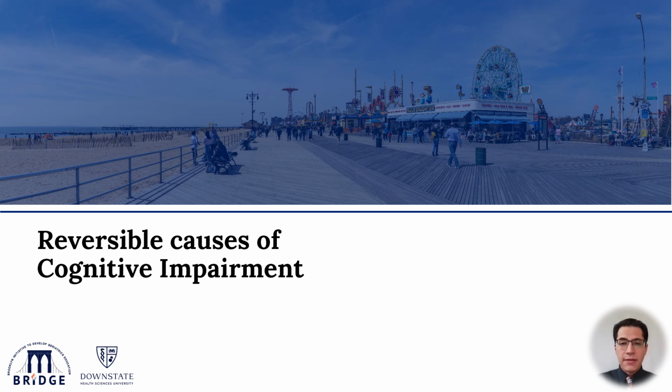And I can't stress enough how important excluding these causes is, because I've seen in clinical practice multiple older adults who present with cognitive impairment that is quite profound, so that you may think this is straightforward Alzheimer's disease. And when you look for reversible causes, you find at least 3 or 4 of them. And upon treating those causes, the cognitive impairment almost resolves.